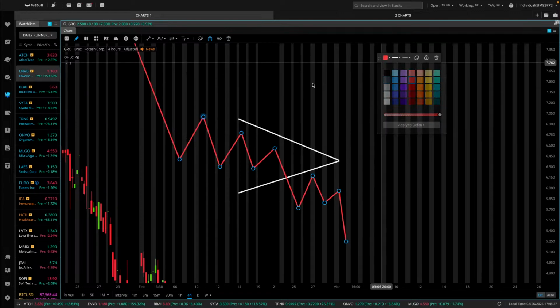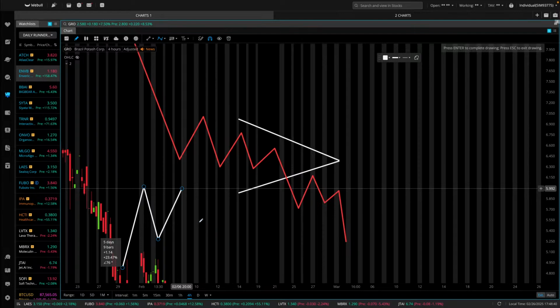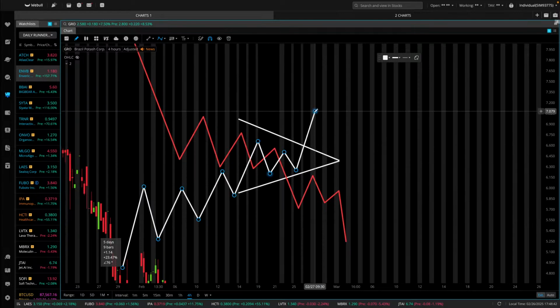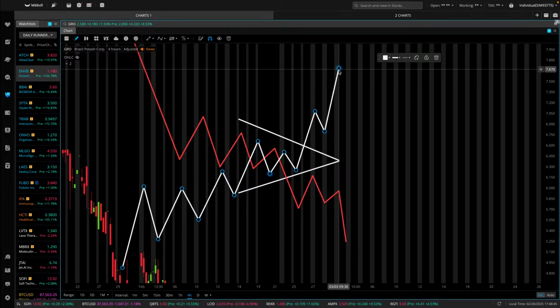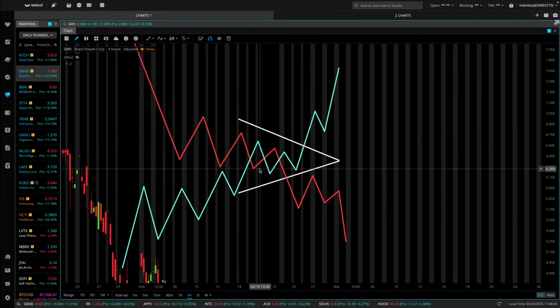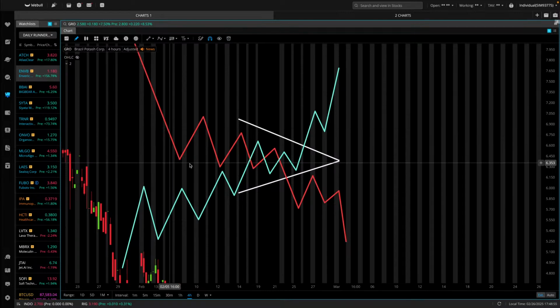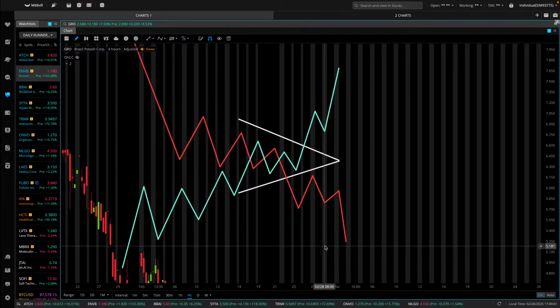Now, there is the inverse. If this trend is pushing up and you have a pennant forming, it should continue to go up. So you have a bullish pennant and a bearish pennant. A pennant is called a continuation pattern. Is it going to continue to go down or continue to go up? Just because it's in a downtrend and in a pennant, it doesn't mean there's a 100% chance that it's going to go down. That's what people need to understand. You can look at the win rate and what the probability of it going down is. But when you see a bearish trend and a bearish pennant, I would say there's at least a 70% chance of it going down.